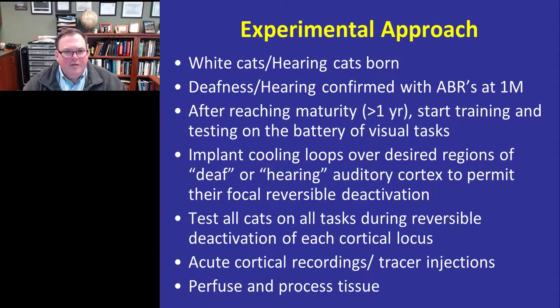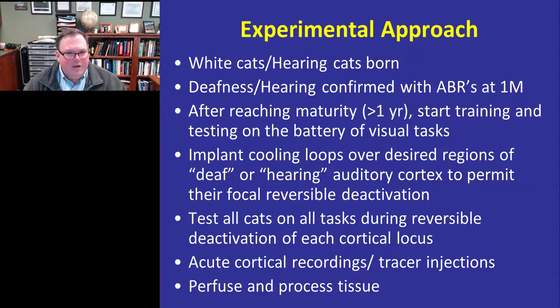So basically, the progress for these studies is that the white cats, deaf and hearing, are born. Deafness and hearing are then confirmed with auditory brainstem responses at 1 month of age to establish the presence or absence of hearing. After reaching maturity at about 1 year of age, we're going to start training and testing on a battery of